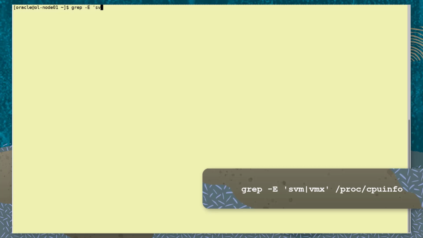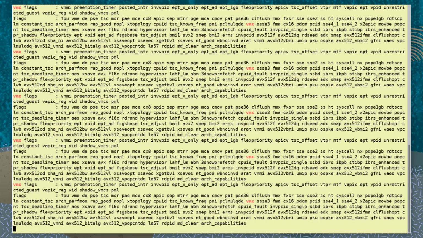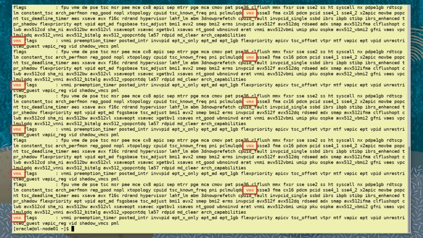To verify that the CPU virtualization extensions are available, we will run the command grep -E 'svm|vmx' /proc/cpuinfo. If the output contains a VMX entry, as is the case here, this confirms the system is Intel-based